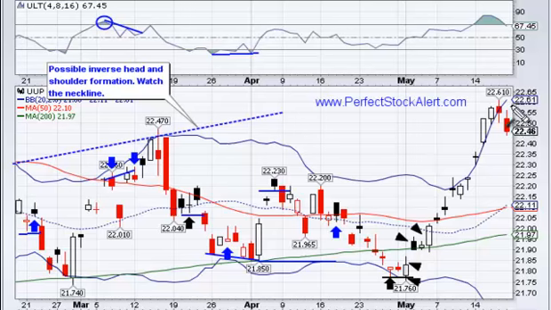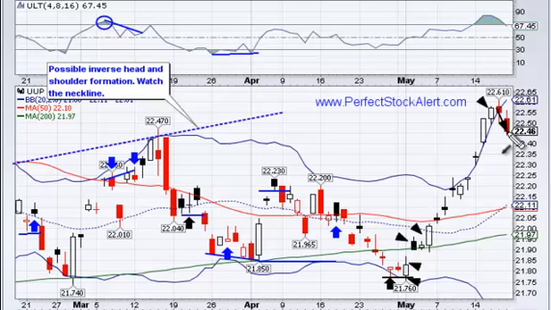Now we're getting a little bit of a pullback. Alright, a couple things to look for here. Number one, is this pullback the actual peak? No, it's not, because there's no shooting star formation up there. If there were a shooting star formation, I'd say, hey, there's major sell pressure up there. Don't be looking for this thing to keep moving higher. We're not seeing that. In fact, I expect we will move higher, where this pullback here is going to be a buying opportunity.